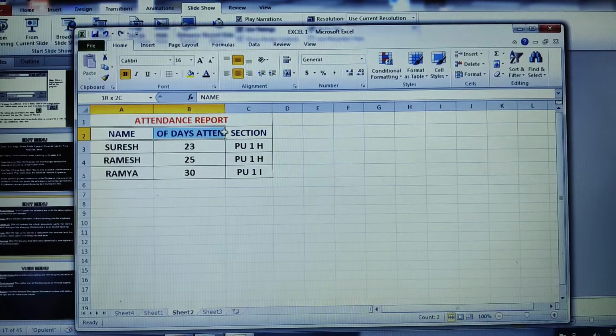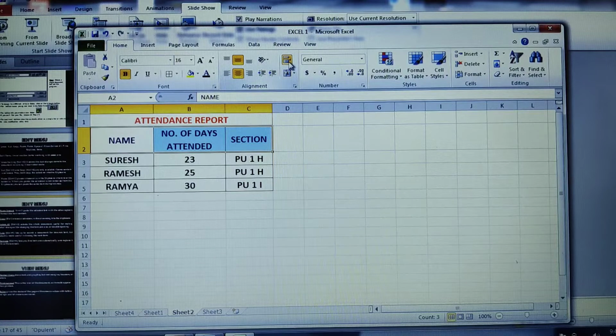I'll just select these headings and go for wrap text. What does wrap text do? Wrap text makes sure that the content in these particular columns will be visible entirely by displaying them in multiple lines.